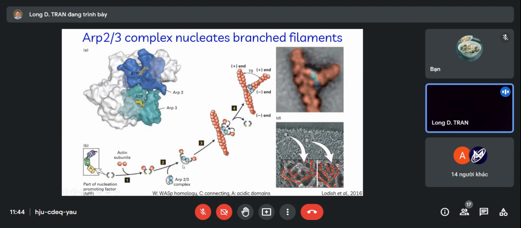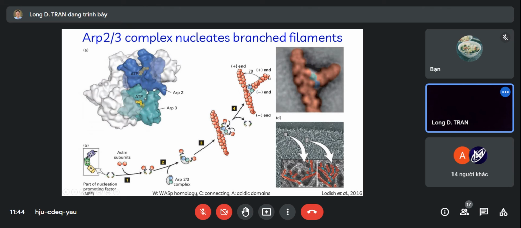So the ARP2/3 complex with a nucleation promoting factor can then bind to the available actin at a certain angle, and once it binds to another actin, the ARP2/3 complex is fully activated, and it attaches a new actin to the ARP2/3 to form